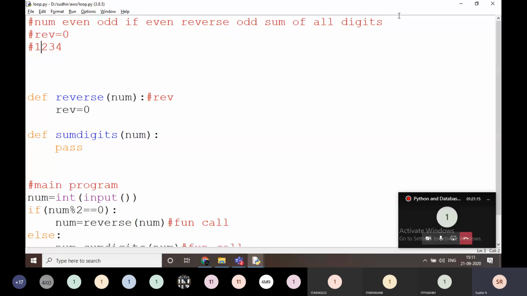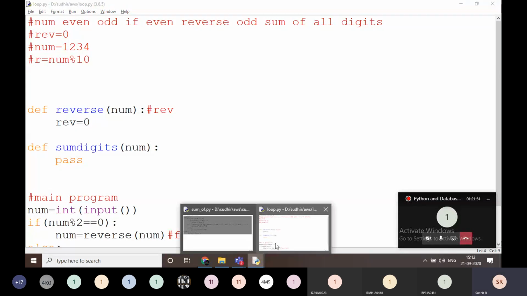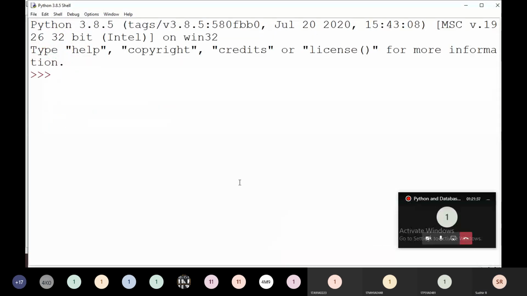This is num. Some r is equal to num mod 10. For example, n is equal to 1, 2, 3, 4.